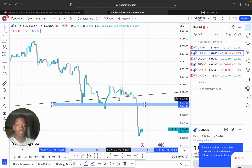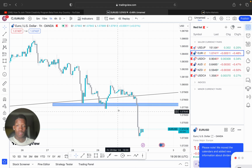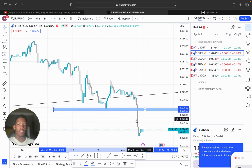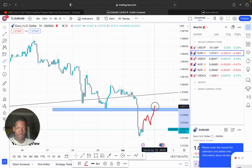But if you're looking for the perfect entry, then you can just use the 1 hour time frame, and then as soon as the market comes to this previous lower high right here, which on the 1 hour time frame is a little bit shorter, unlike the 4 hour time frame. Hopefully you understand. So if we're getting you guys lost, I'm expecting the market to do this. Let me just look for that pin. I'm expecting the market to come back here, give me the touch here, and then continue moving downwards,